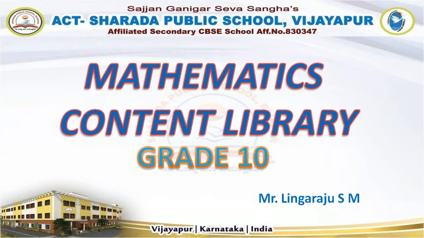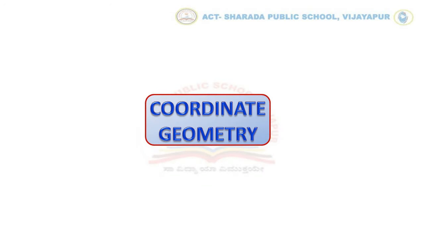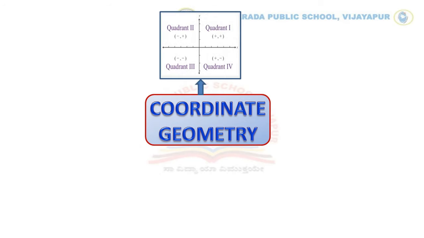Today, we are going to revise the chapter Coordinate Geometry through its mind map. As we have studied in class 9, it is the branch of mathematics in which we discuss the position of a point in the graph using the x-axis and the y-axis. And we have also discussed that the value of the x coordinate is called abscissa and the value of the y coordinate is called ordinate.